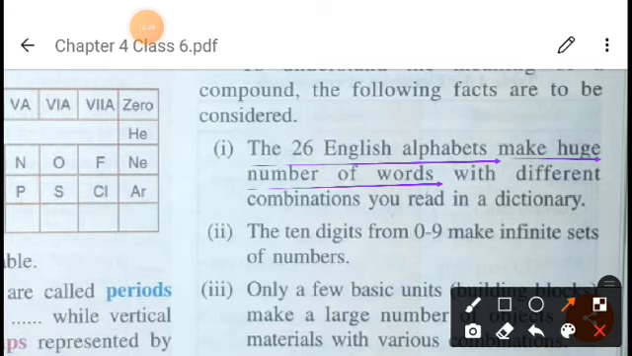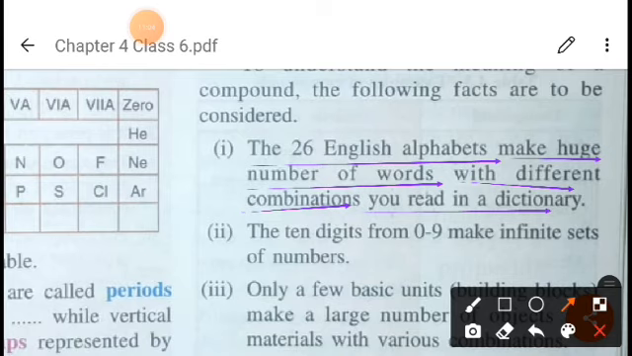From these 26 alphabet letters we make a huge number of words, as you see in the dictionary, right? The combinations we make with those 26 letters give a huge number of words, right? And each word has a different meaning, each word has different spelling, and each word has a different pronunciation,